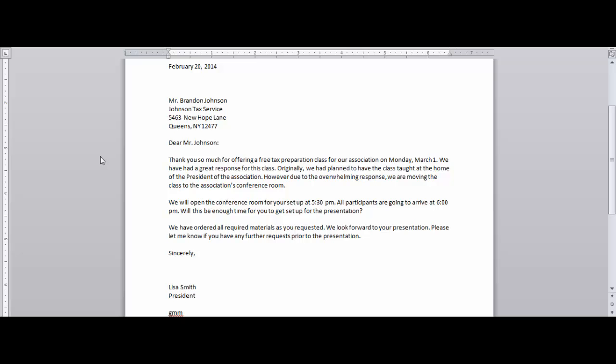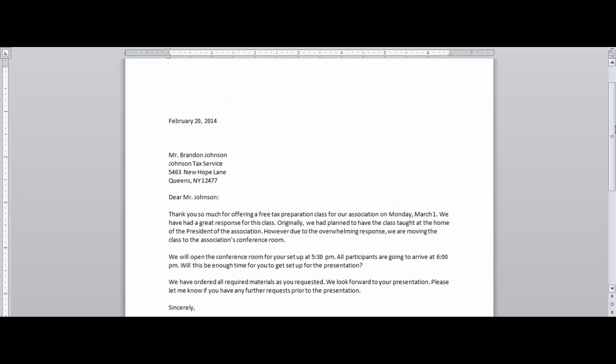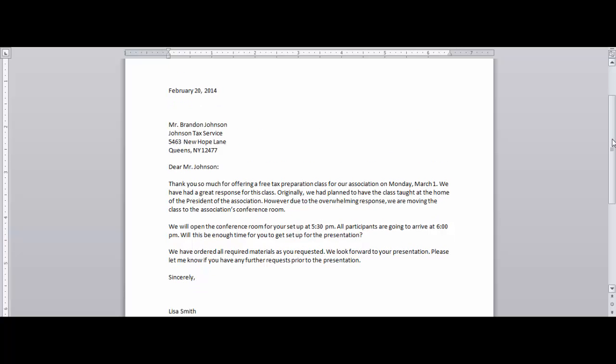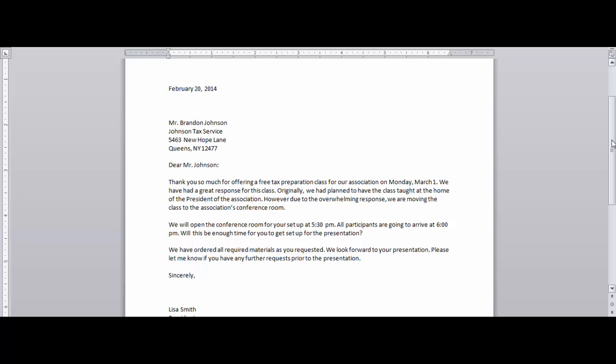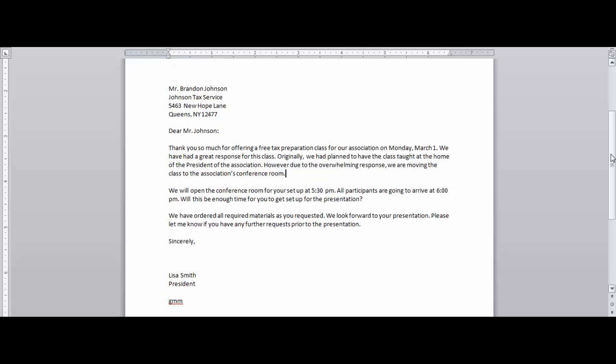I want us to talk for a minute about formatting letters in Microsoft Word. This is how a letter looks when it is correctly formatted. And I created this letter using No Spacing style. It's your automatic or default option when you're using your GDP software that you use to create documents in